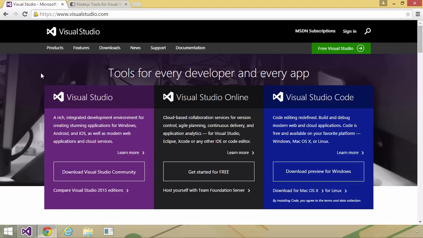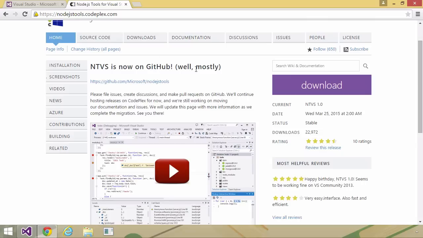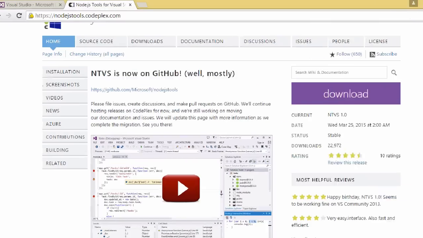But if you write .NET or Node applications, you can get a fully featured version of Visual Studio for free. It's called Visual Studio Community, and it was what the professional version used to be. But of course, they've added some more features to professional so that people will have some reason to purchase the professional version. But you can download and install Microsoft's Visual Studio Community for free, and then you can install the Node tools for Visual Studio. That is at